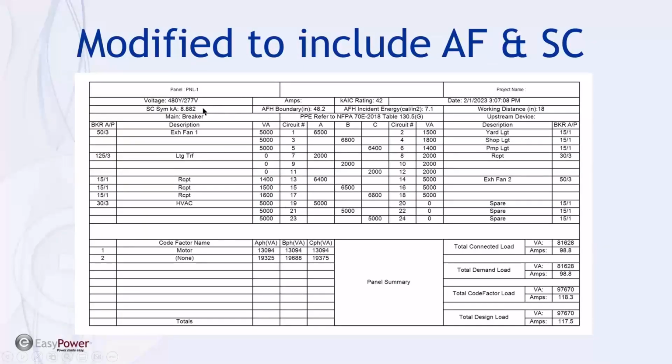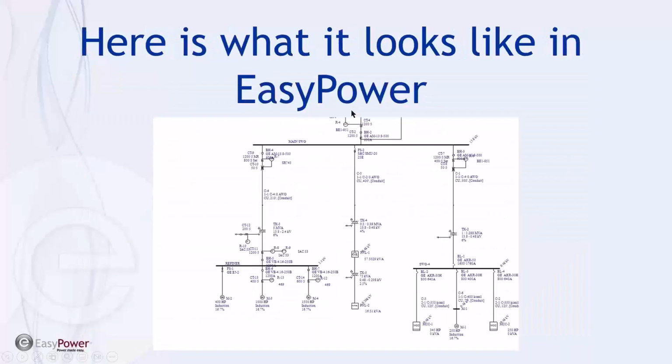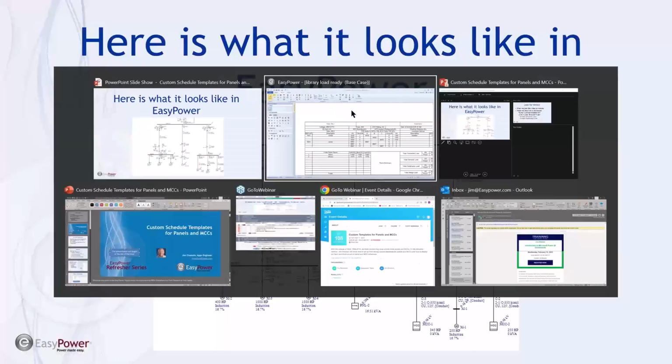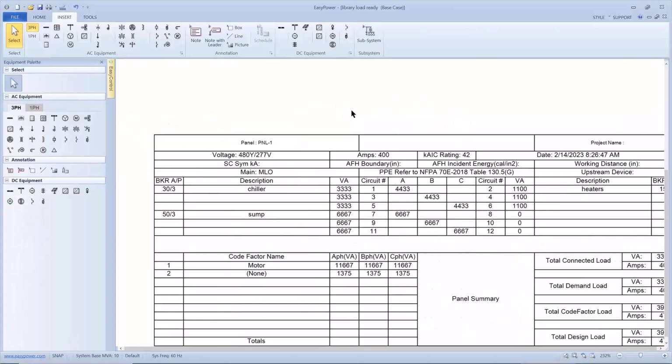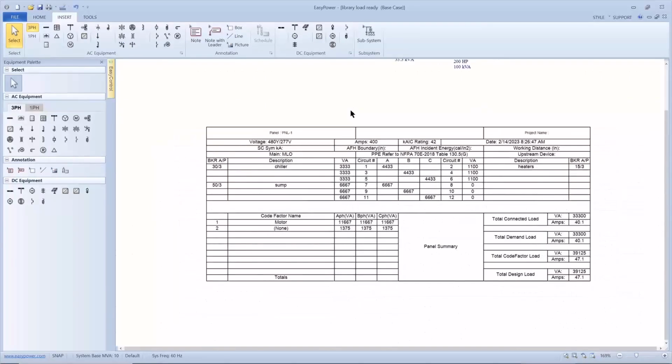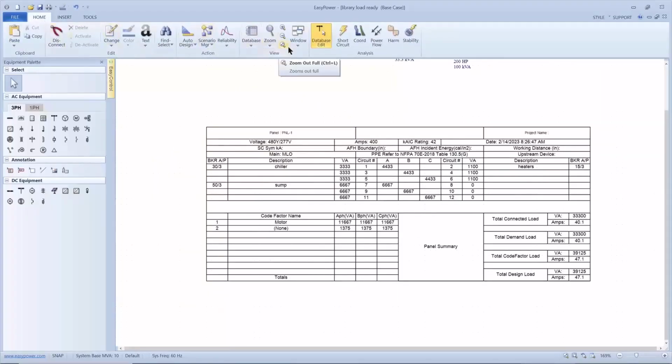It's going to show the short circuit, arc flash, and instant energy. If I go back into EasyPower, so far I've just been using device editor, the database edit, and the auto design. Now I'm going to go into short circuit,